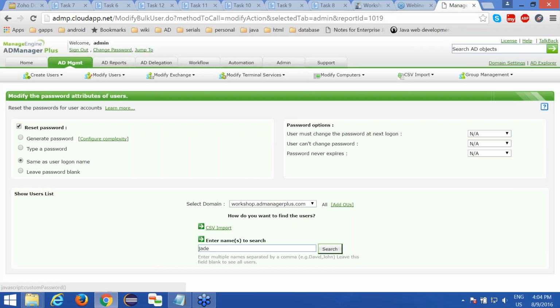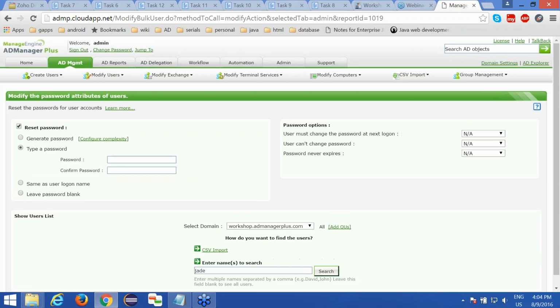Or if you want to type a password, you just have to type the password here. I'm going to follow this usual way of setting the password. Please make sure that this password meets the password complexity that you have configured in your domain. Or you can simply choose the password to be the same as the user logon name,